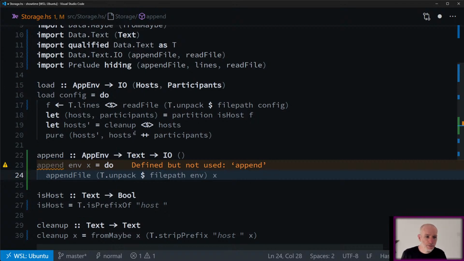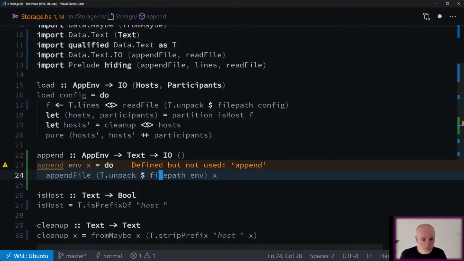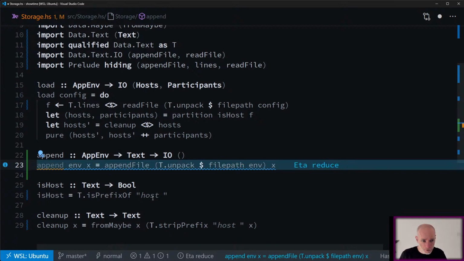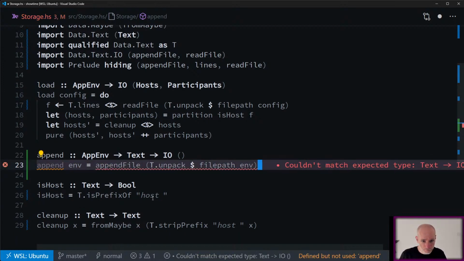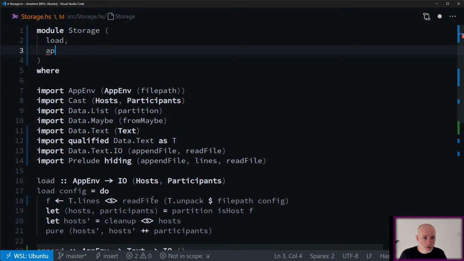Okay, so our definition of append is really just calling append file, but pulling out the file path and turning it back into a string. We can reduce it. This is true. Okay, not that. And we'll export append from here.